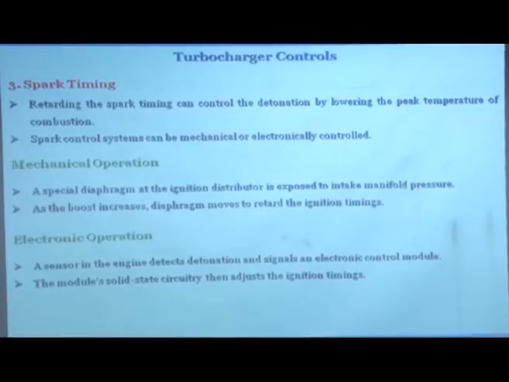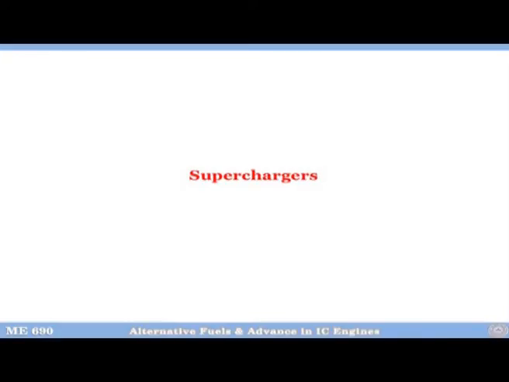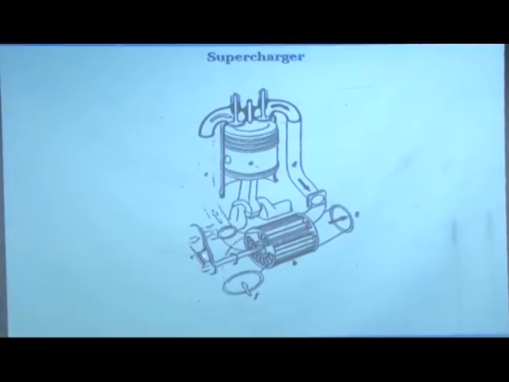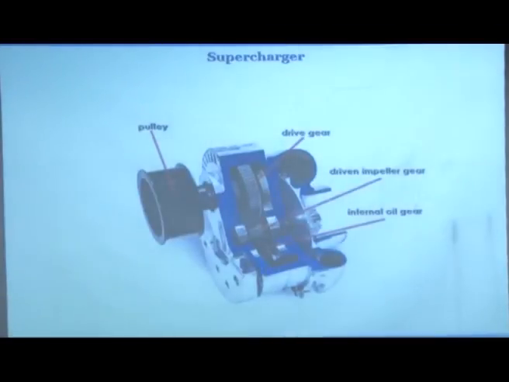All right, so this is all about turbochargers. Let us briefly talk about superchargers. In a supercharger, this is the engine, this is the engine crankshaft, this is the pulley, and here you have the compressor. There is no turbine here, because the turbine in a turbocharger is used only for producing mechanical power. Here you are drawing mechanical power from the engine shaft.